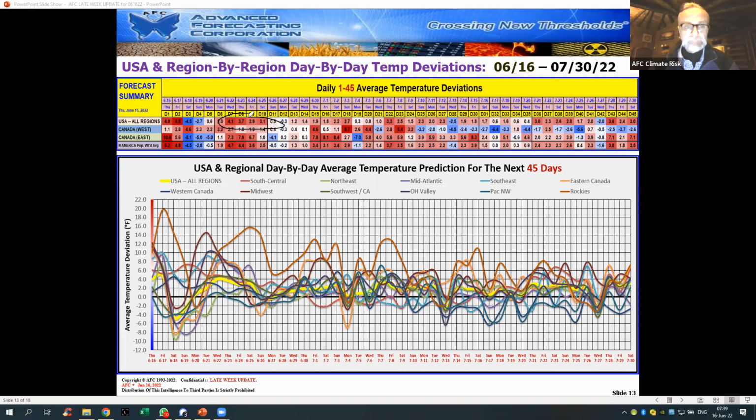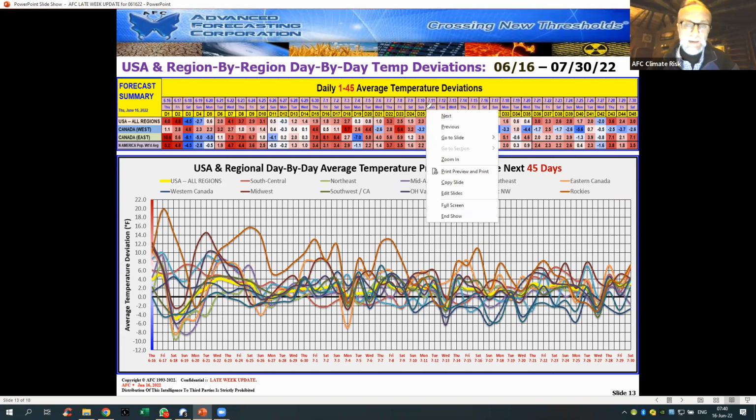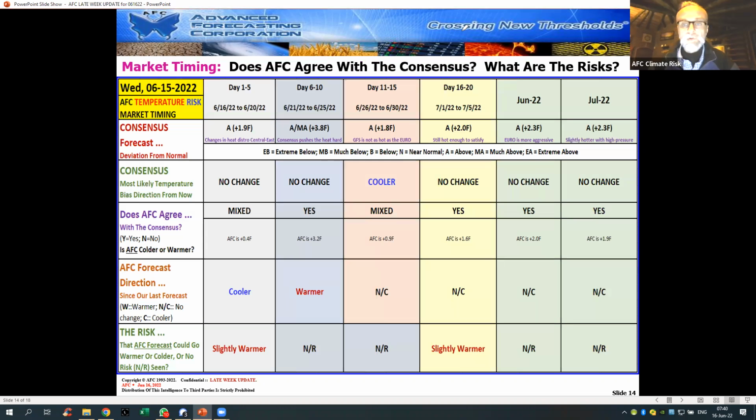Then we go hotter, right? And you can see all these hotter periods going into even much of July. So we've definitely got July at about 2 degrees above normal. And you can see that right here, 2.3 on the consensus, 1.9 for us, 2.3 for June, 2.0 for us. So there, the Euro is more aggressive on the heat lately. And I think you'll see that that will decrease with time.